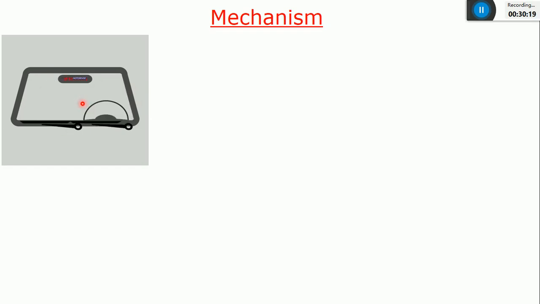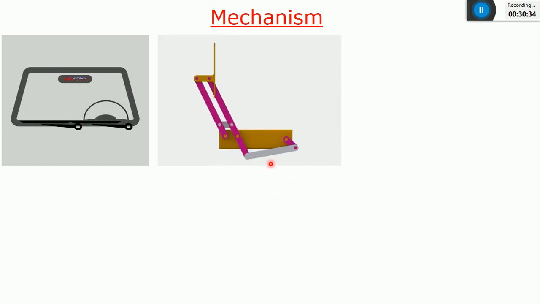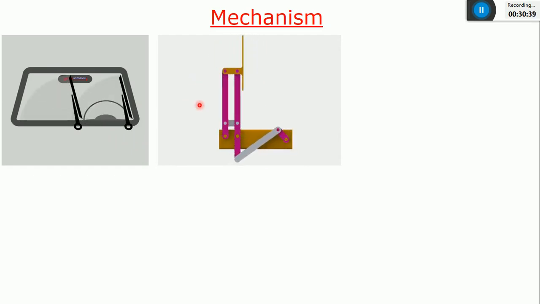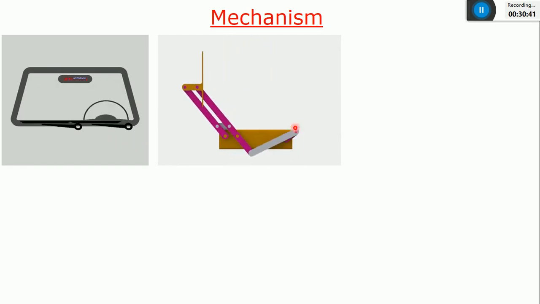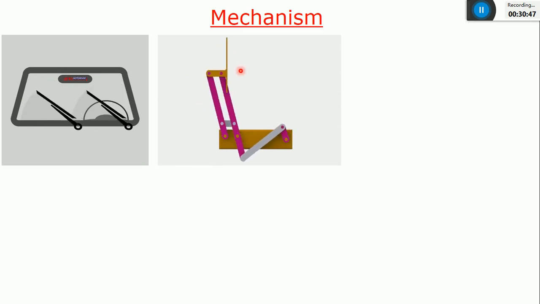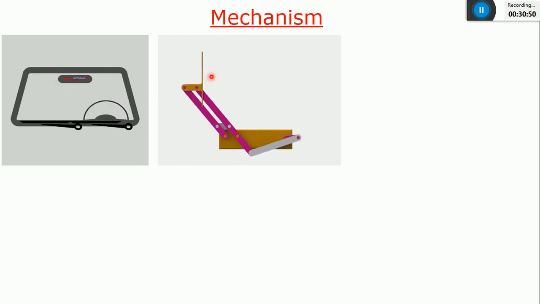It is an example of a mechanism, and you can see these wipers are fixed to the front frame or front glass of a car. If it is not fixed, it will be called a kinematic chain. If it is fixed, it will be called a mechanism. And this is the mechanism which is present behind this wiper. So this will be connected to the motor, the rotating part. You're transferring the rotary motion into an oscillating motion. Can you see this one?